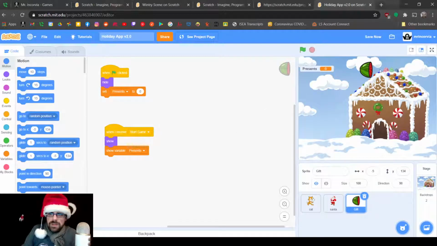Okay, so there is our present. We want it to go to the top. So let's go to x equals 0, which is the middle, and y equals, what is the top? It's like 140? Nope, higher. It's like 180, I bet. There we go. It goes to the top, and then it's going to pick a random